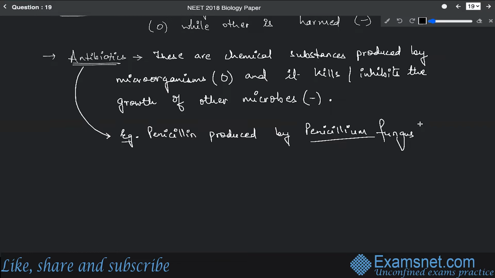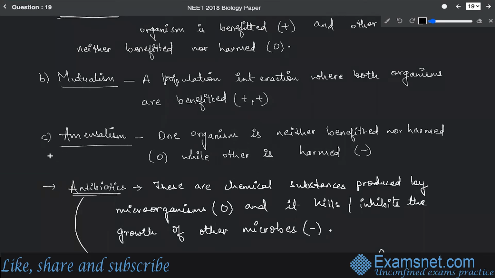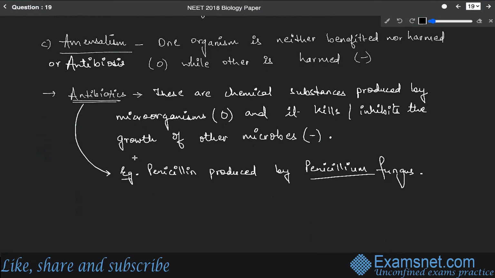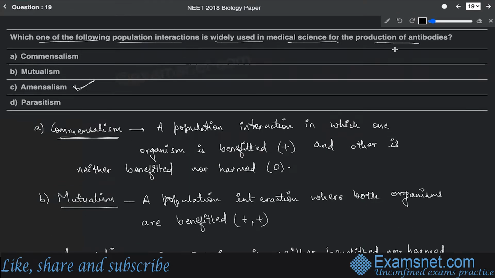This fungus is not affected by penicillin, but it will affect the organisms that are opposite to it. We can also write here amensalism as antibiosis, so it will be more clear. That's why amensalism is considered to be the correct answer over here